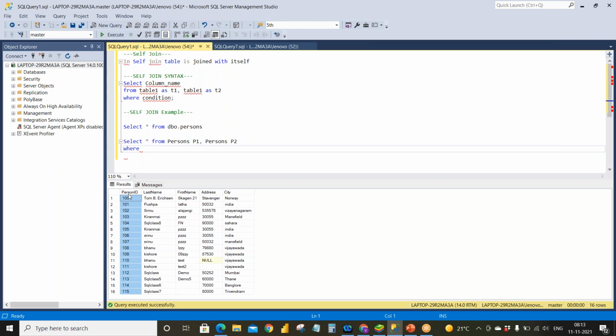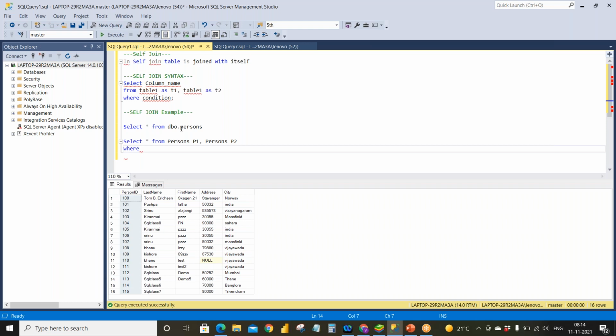So in real time, we will give the person ID in the condition. But as when we created this table, we didn't give any primary key. It's optional, but I will tell you how we can give it in practical and now as well.